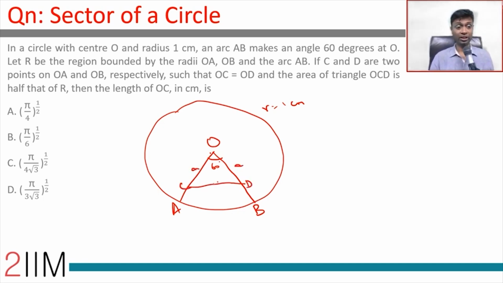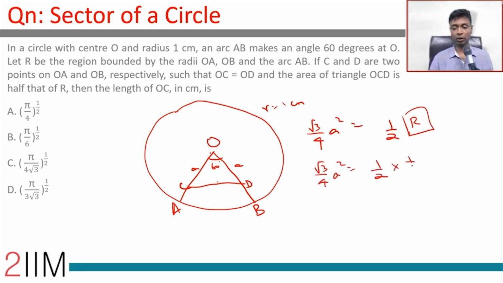The area of triangle OCD is half that of R. So root 3/4 A square is half the area of this region R. We need to find A. Root 3/4 A square is half into 1/6 of pi into 1 square. This is 2, this is 3, or A square